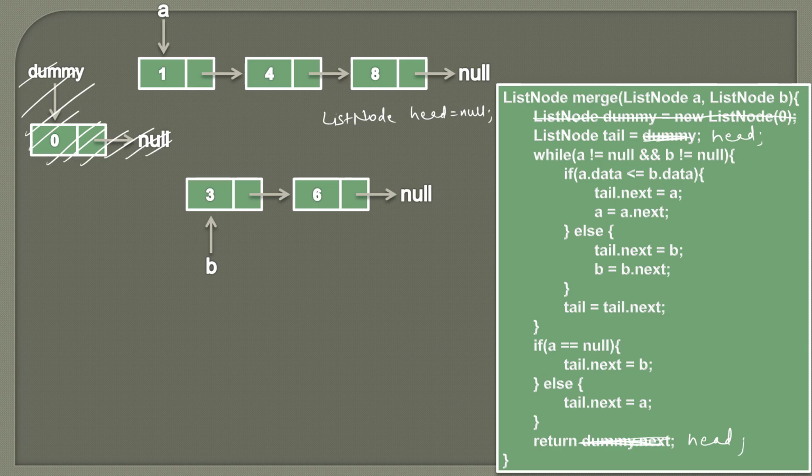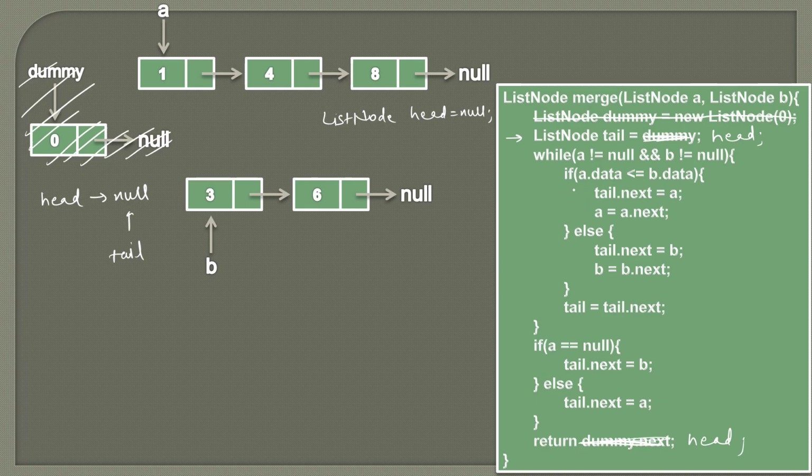But here you can see that once we execute this line and we are not creating this dummy list node, it would look something like this. After this line, head will point to null, and when we execute this line, we are assigning the value of head to tail, because this tail will help us in adding the nodes in this while loop. So here it would look something like this. Tail will refer to the value which is being held by head via this assignment. So tail will also start from null.